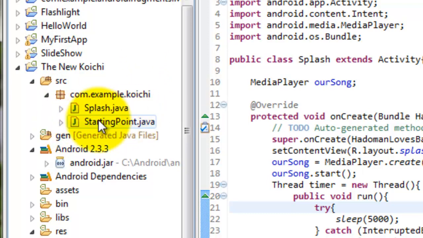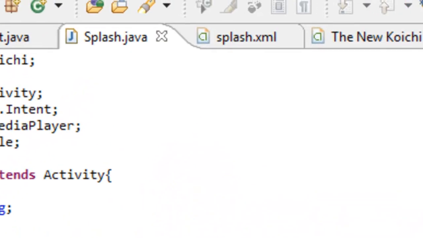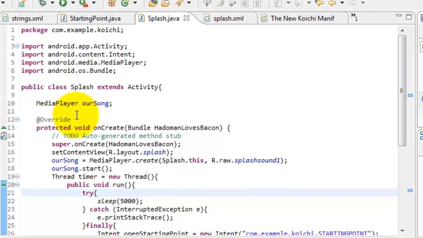Last time I only had this, but now I have splash.java, and these are going to be classes, and a class has a bunch of activities inside. And so I created a new class called Splash, and I set up the splash screen and splash sound activities in here by using some of these methods and also some of the new library items. One thing is the media player right here, the media player library, which allowed me to play sound, and